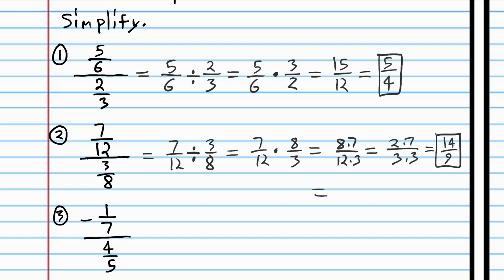Another way to do it is I can factor 8 to 2 times 4 and 12 to 3 times 4, and then the 4's just cancel out. I don't want to confuse you by using all these different methods though, so you can do it however you want to do it. But the reason I'm